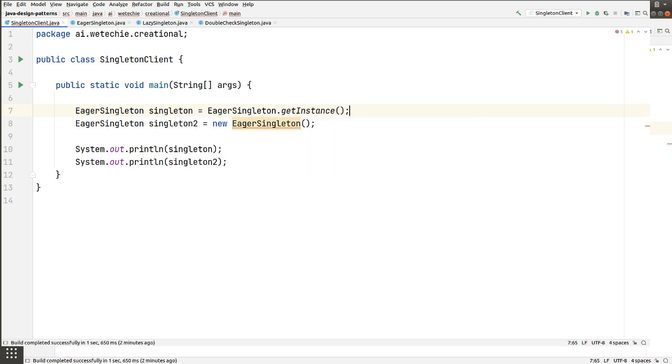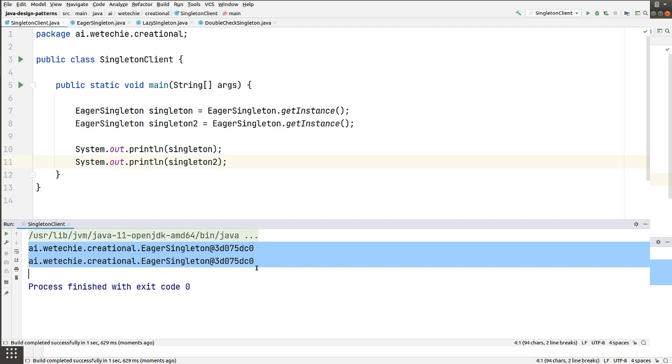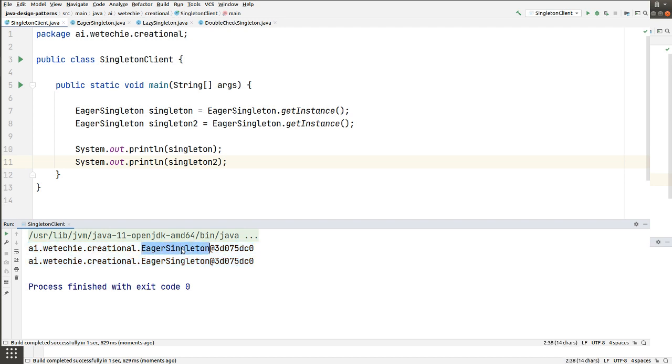Let's call this. The same thing we have to do for the second reference, second call. Now let's run this and verify whether we are getting the same hash code for both of the getInstance calls or not. Now you can see for both of the getInstance calls, it is returning the same hash code, meaning it is creating only one object and returning the same hash code of the eager singleton class, right?